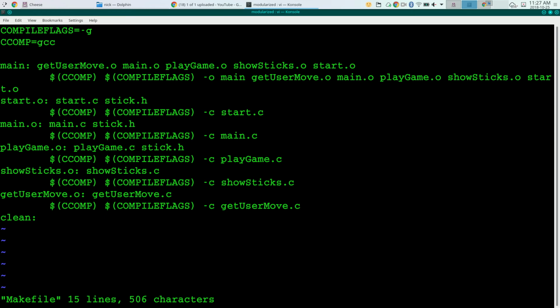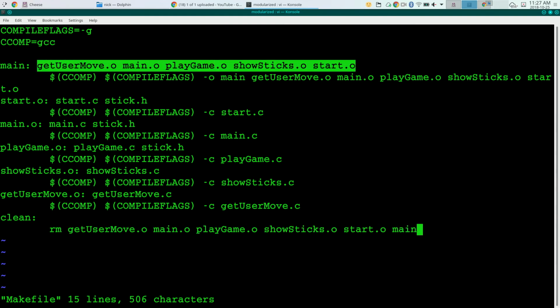So here's one thing that you often see in files. We'll see a bogus target called clean. Okay, and I'm not going to list any dependencies here. And if I say make clean, it's going to say, is there a target named clean? It says, oh yeah, here's a target named clean. There's no dependencies. Okay, I'm going to go ahead and execute the recipe. And my recipe for making clean is going to be to remove all of these .o files in the main program. Now, I'm not creating an executable program named clean. I'm not making anything. I'm actually getting rid of stuff. But make doesn't care. If I say make clean, it's going to say, okay, here's the recipe for clean. I'm just going to execute this command,